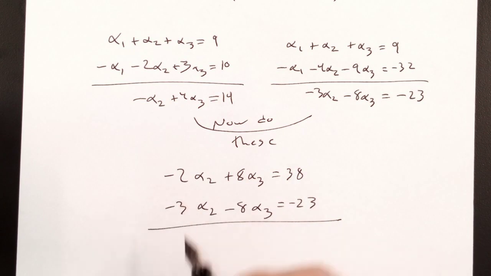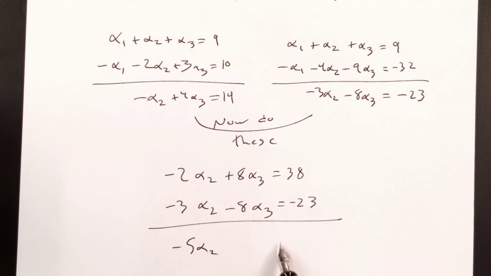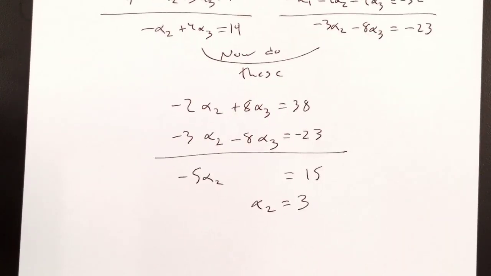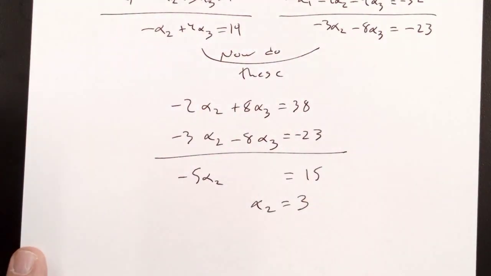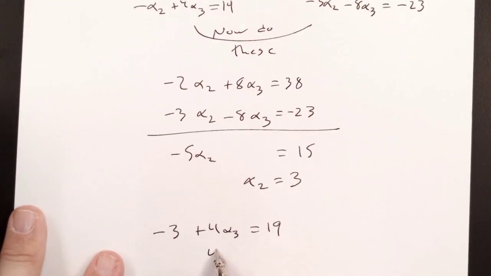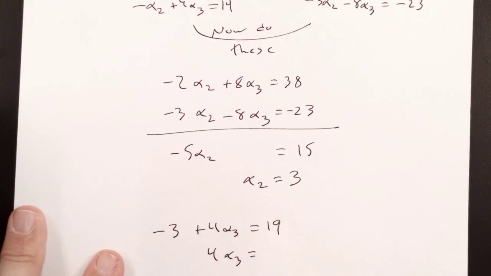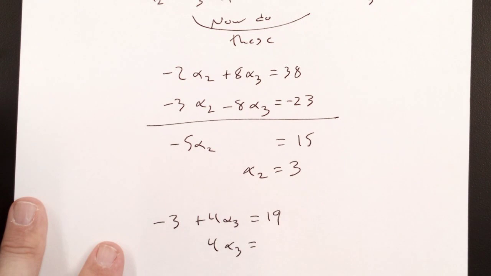So I end up with minus 5 alpha 2 equals 15, or alpha 2 equals 3. Now I can go back and solve for alpha 3 by putting this into either one of those equations up there. Minus 3 plus 4 alpha 3 equals 19. That means that 4 alpha 3 is equal to